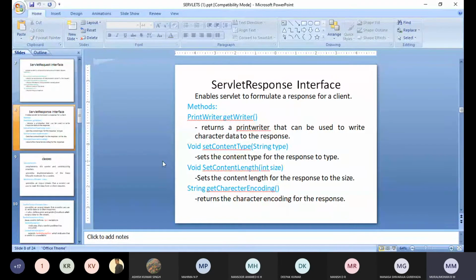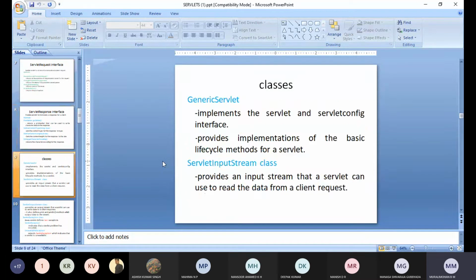Okay, so next we will see what are the classes which are there inside the javax.servlet package. The first one, GenericServlet. This will implement the Servlet and ServletConfig interfaces. So when it is implementing, kindly remember the methods that are there inside the Servlet interface and ServletConfig interface.